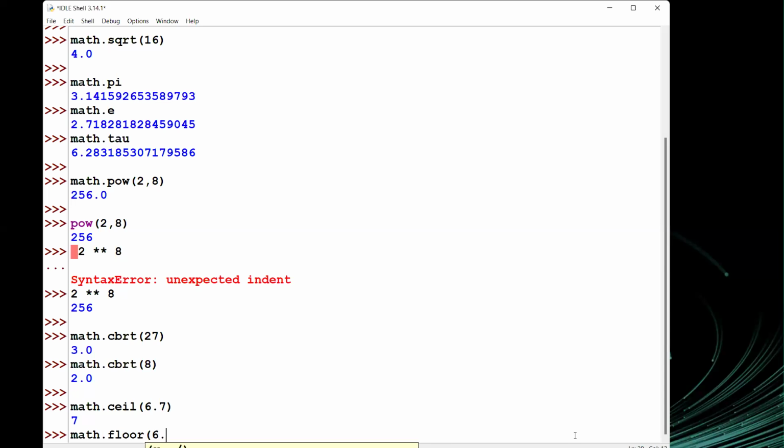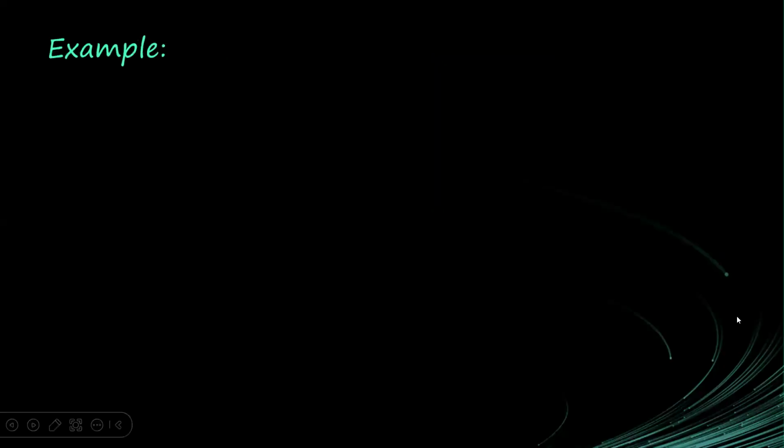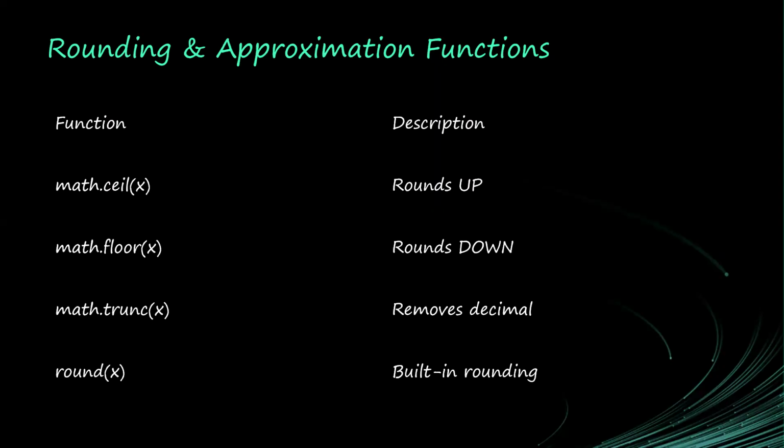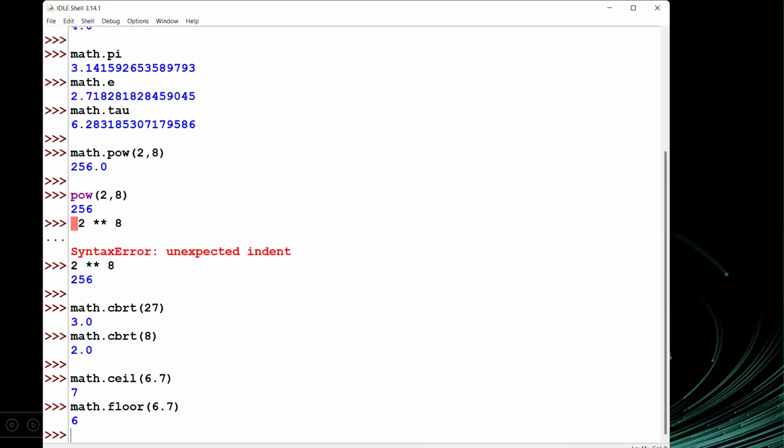If I say 6.7, it will reduce it to the lowest integer, which is 6. So math.ceiling will take it to the ceiling, math.floor will reduce it to the floor. Okay, so what other one do we have here? We have math.truncate. If you want to remove the decimal part of a floating number, you can say